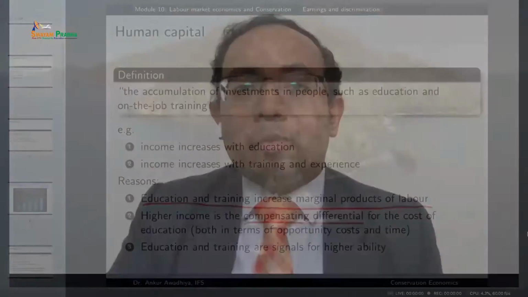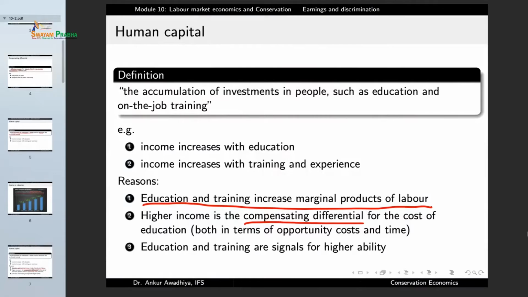So that will increase the marginal productivity later on, but currently, when the person is there in an educational institution, he or she might feel that there is a huge amount of pressure and there is so much time that needs to be invested into higher education. So, all this needs to be compensated by the society later on when the person joins the job market, and the higher income to people with higher education is a way of society compensating for this loss of opportunity and putting up of so much time, which are all the cost of education.